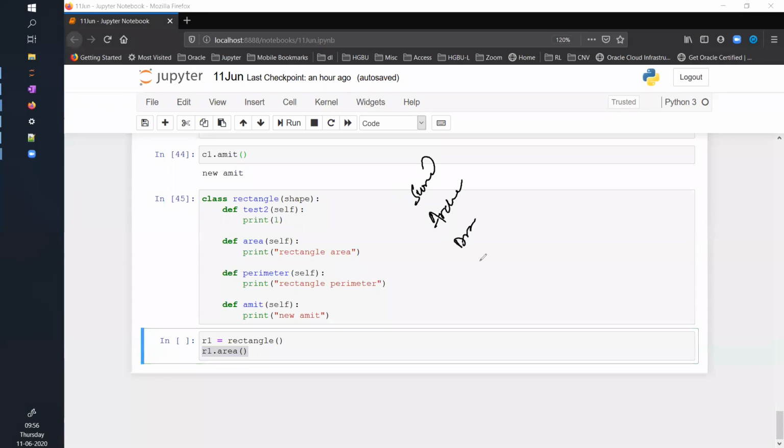So there are some soldiers. We will just mimic a simple game of Clash of Clans through object-oriented programming.